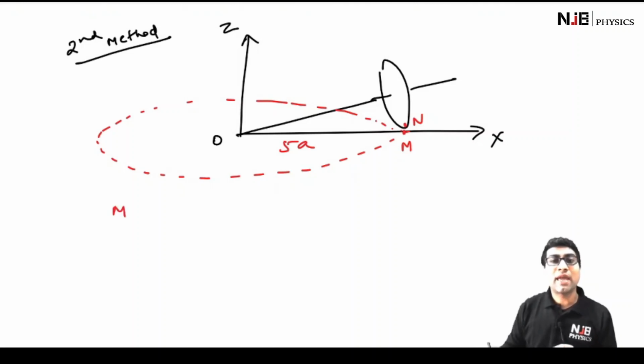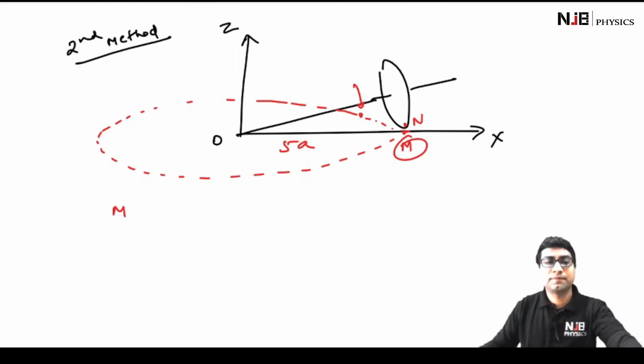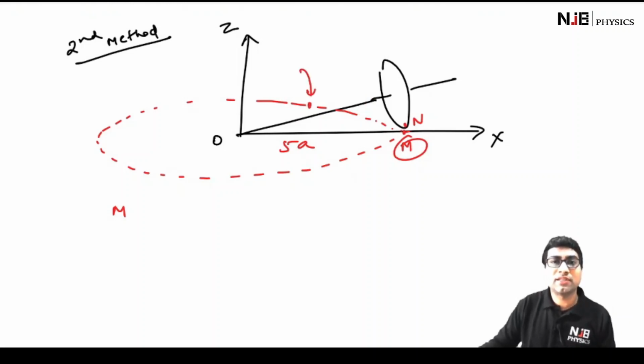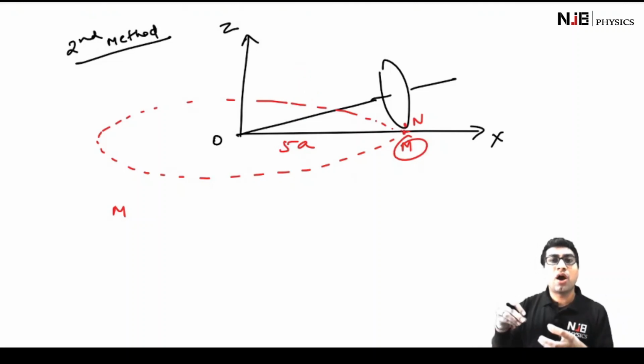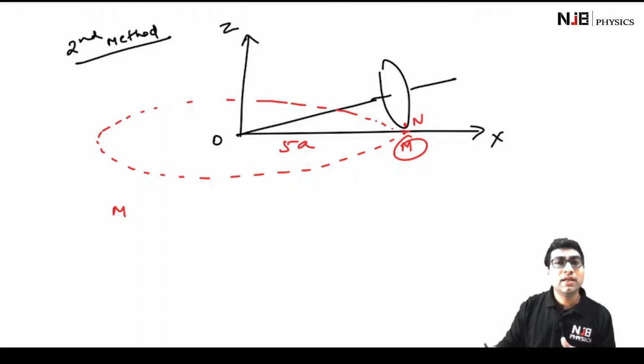So what is this point M? This point M is basically that point on the ground which is in contact with the disk. So at this particular moment, this is where you have this point M. At the next moment, this point M will be at this place, and at the next moment it is going to be at this place. So in a sense, we can say that this point M is moving on the ground. Otherwise, obviously, this point M is on the ground and its velocity is going to be 0. But if we say that this is the point which is always in contact with the disk, in that sense, we can say that this point is moving on the horizontal circle of radius 5a.